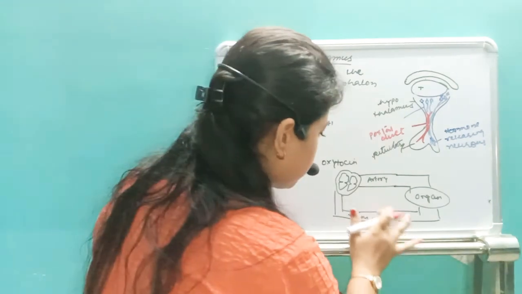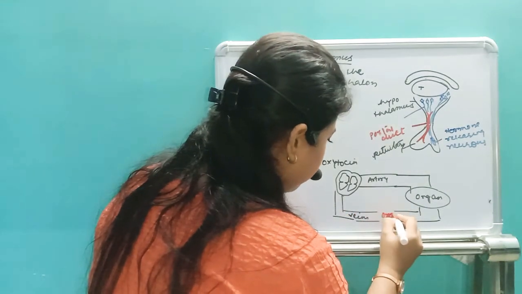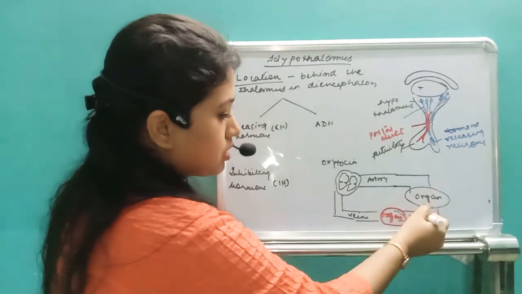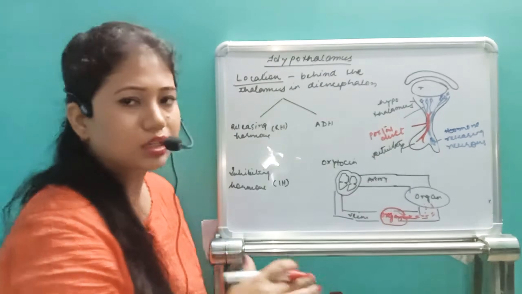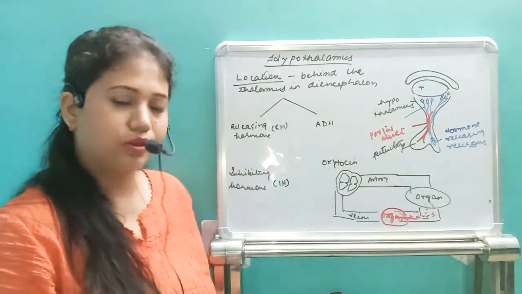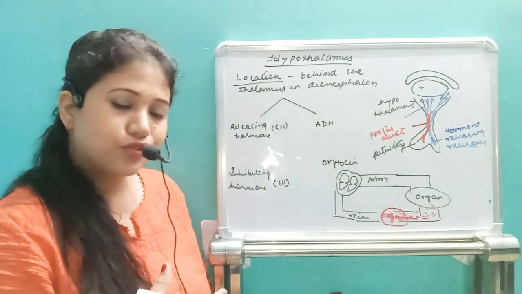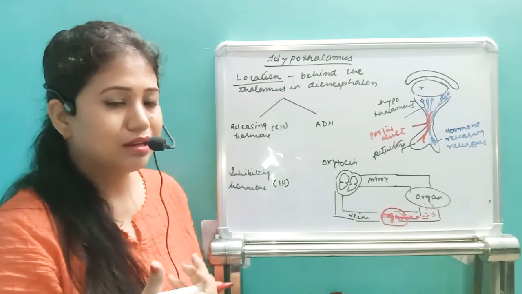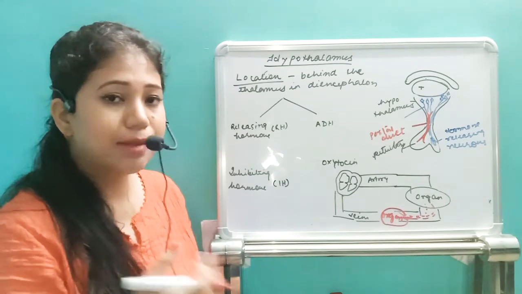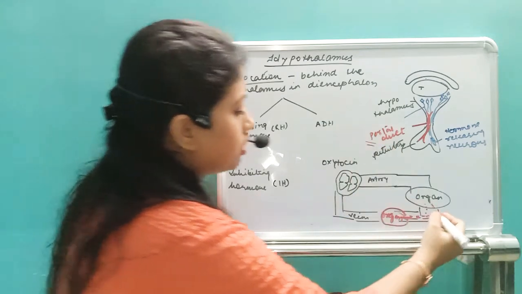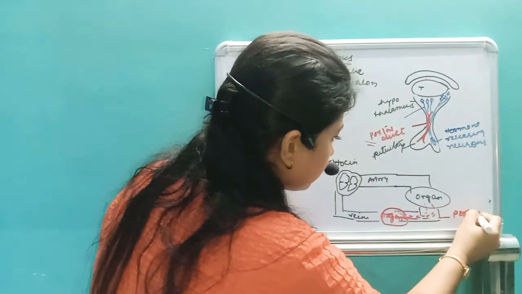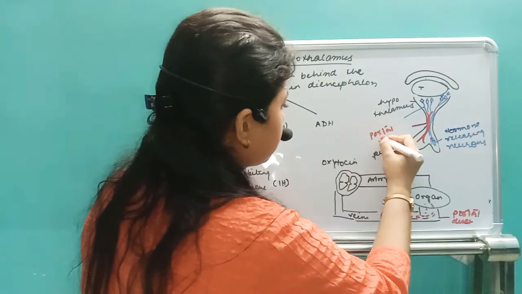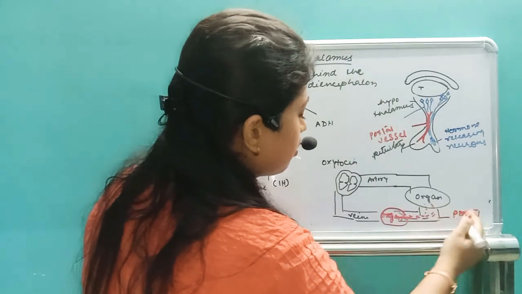Okay, so suppose this is another organ we have. From this organ, the blood is carrying something. It may be a hormone or another type of component, which is taken from one organ and received by another organ through a type of blood vessel called the portal duct, or we can call it the portal vessel. Here it's actually a blood vessel, so this is a portal vessel.